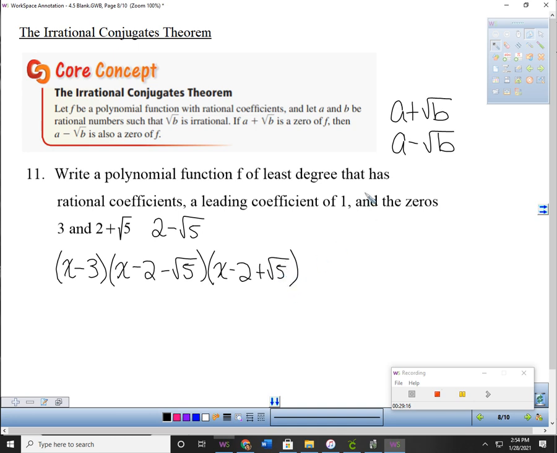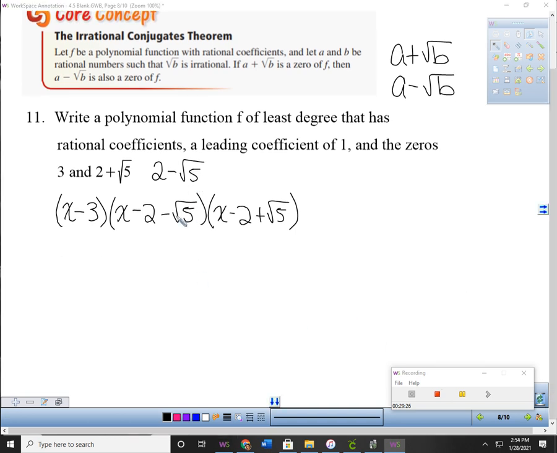Now, normally we would take the first 2 parentheses and we would multiply those, right? But I'm not going to do that this time, and I think I mentioned this the other day. If you have a root and a root, you want to do those together first, because what's going to happen is after I multiply these 2 together, because they are conjugates, they're going to cancel out all the roots, and that's the part I want gone. So I'm going to leave the x minus 3 alone, and I'm going to go through and multiply these 2